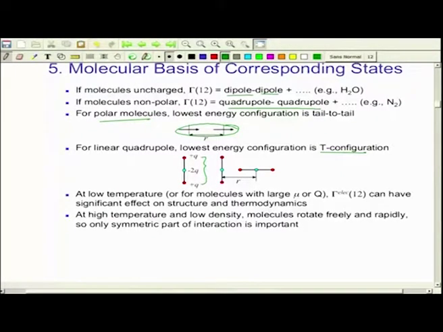At low temperature or for molecules with a large dipole moment or quadrupole moment, the electrostatic energy can have a significant effect on the structure and thermodynamics, because the arrangement of the dipole and the orientation gets significantly affected by the temperature. At high temperature and low density, molecules rotate freely and rapidly, so only the symmetric part of the interaction is important. And this means that you can consider the mean value of these interactions by integrating across the volume and